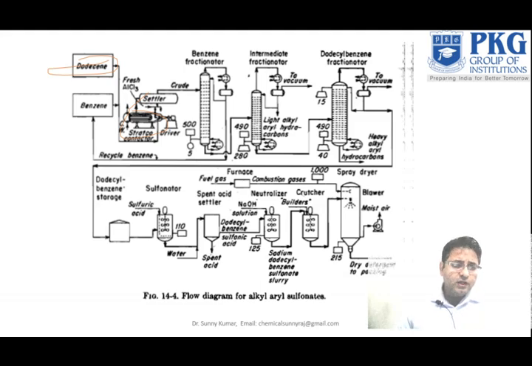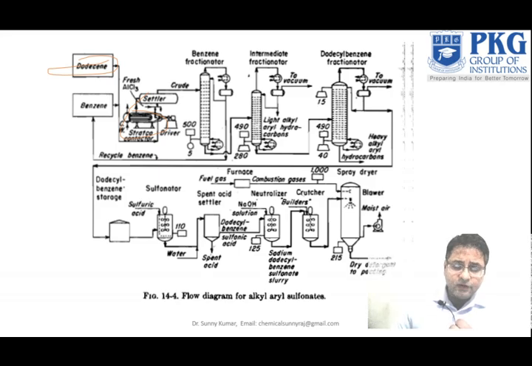So we have used two reactant components, dodecene and benzene, and we send the crude oil directly to this distillation fractionator. The crude oil is our main component. We directly send it to the distillation column, and then after the benzene fractionator, again from the bottom we send it to the